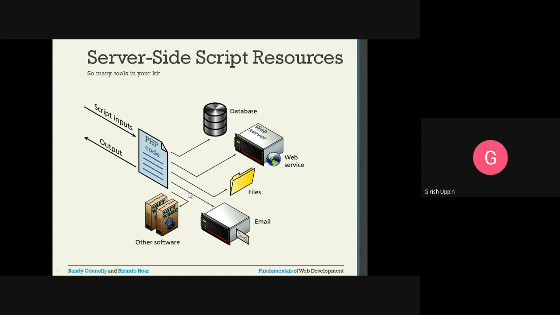In PHP code, there might be a requirement to send an email, so it will interact with the mail server, or it might interact with any other software, and based on that processing, it will interact. Not all the scripts will interact with all these resources. It is based on the requirement.